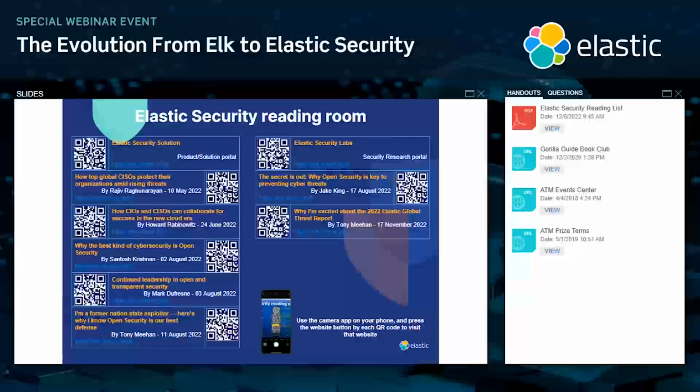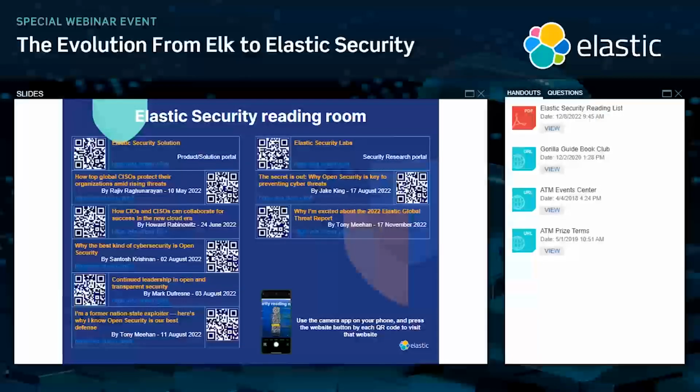So if you want to deploy on-prem, you can download the software and install it yourself. You can also install it on your laptop. If you're using Kubernetes, you want to run all your production workloads on Kubernetes, you can also run Elastic on Kubernetes, and we have an operator for that. And then finally, we have our SaaS, Elastic Cloud. We support the three major cloud providers, AWS, GCP, and Azure, where you can stand up your deployments.